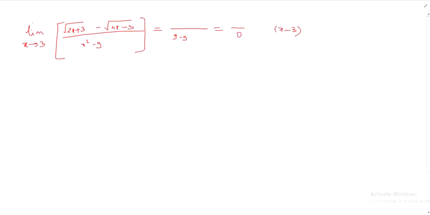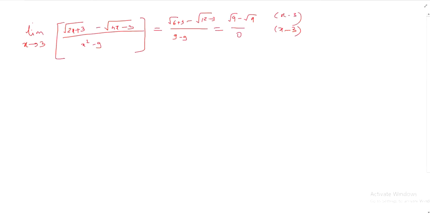Now look at the numerator. If we put x is equal to 3, then 3 into 2 is 6 plus 3, that is under root 9, minus 4 into 3 is 12 minus 3, that is again under root 9. That is root 9 minus root 9, that is again 0,